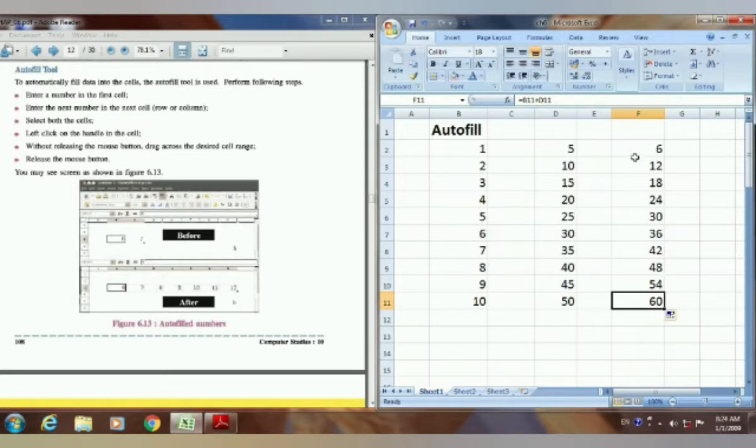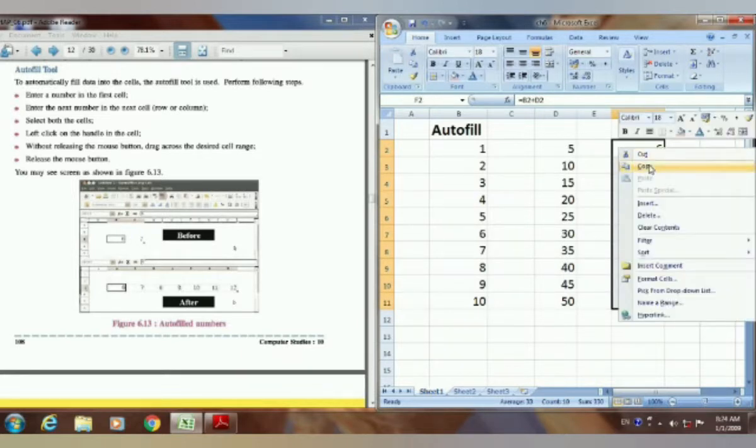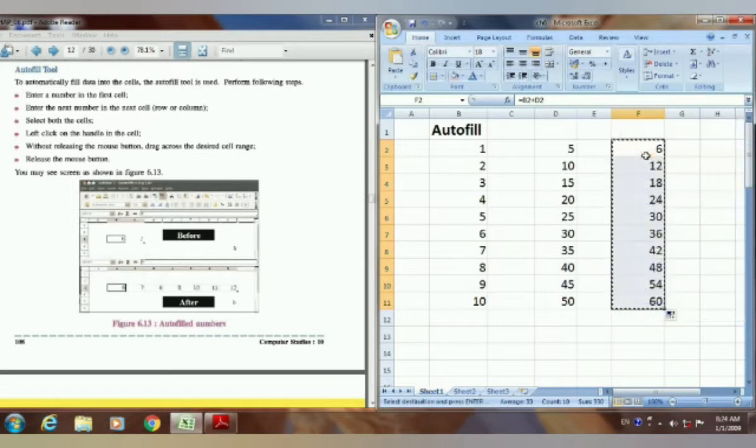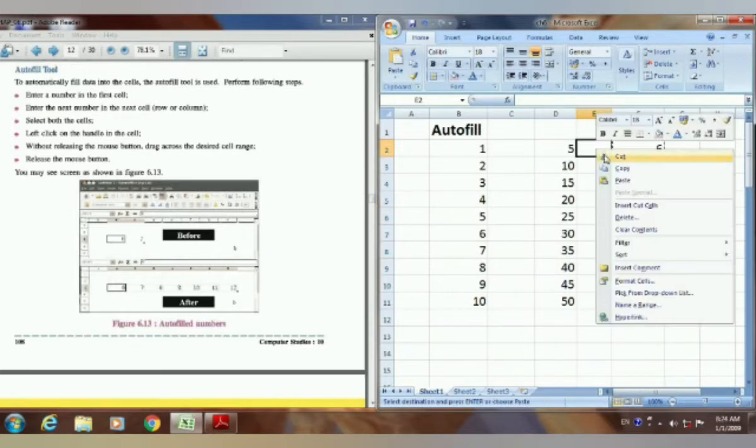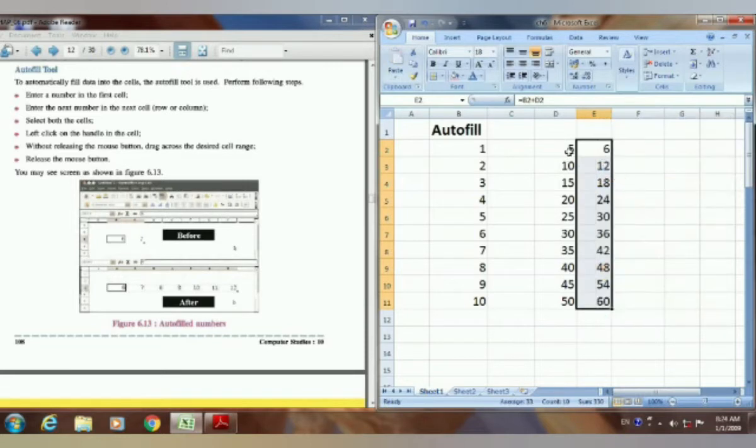Relative means that the address changes whenever we move the content from one place to another place; this address will be changed automatically. Suppose I do a cut and paste. Whenever you select it and cut, this type of rectangle will come. Now I am putting it over here and paste. See, then automatically the formula has been changed.